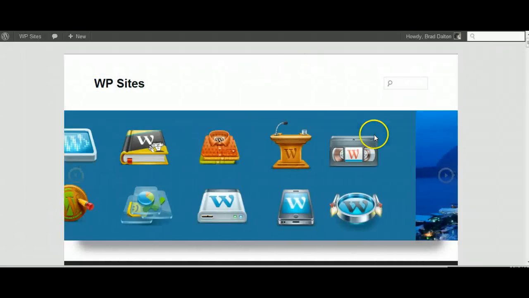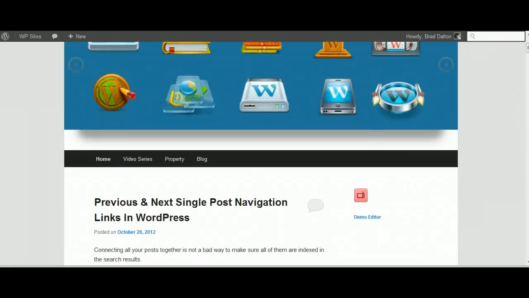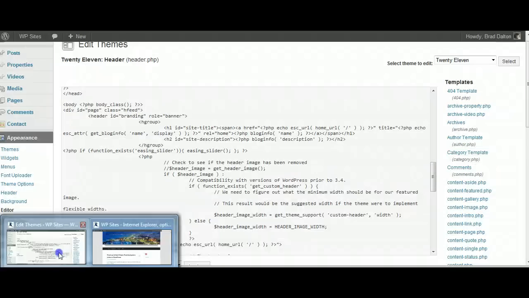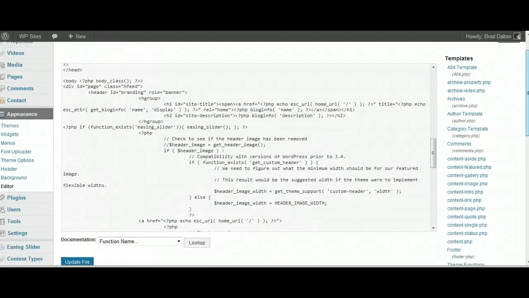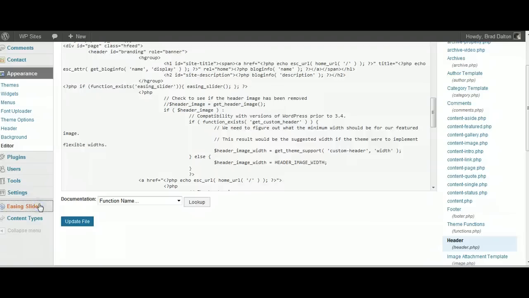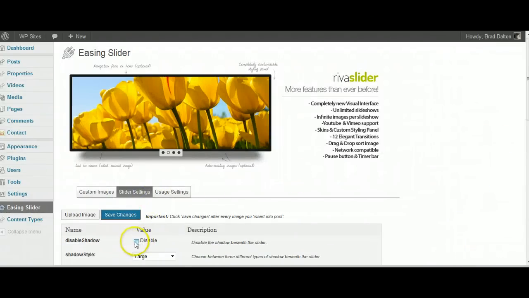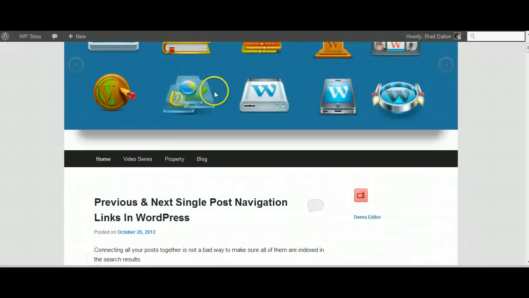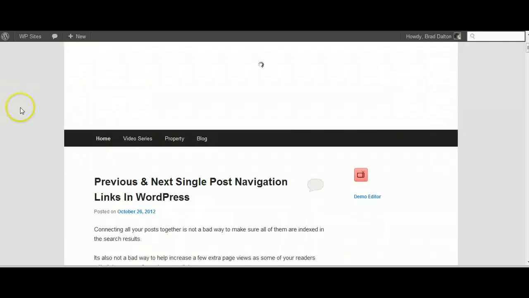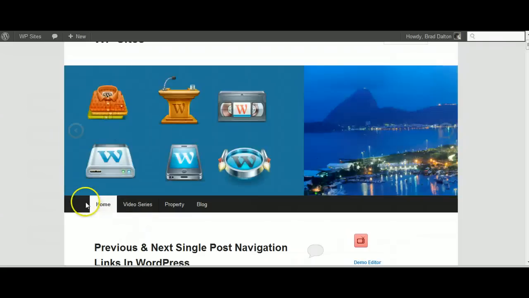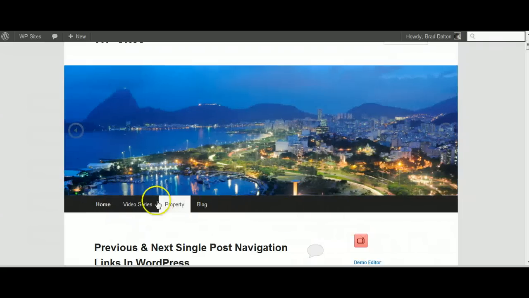So that's 2011. Looks really nice. We'll just remove the shadow, so I'll show you what it looks like without the shadow. So we'll go into the settings, easing slider settings. Here, let's disable the shadow, and you can see that this looks really nice. So there it is there, you can see it's perfectly aligned, flush up with the top of the menu